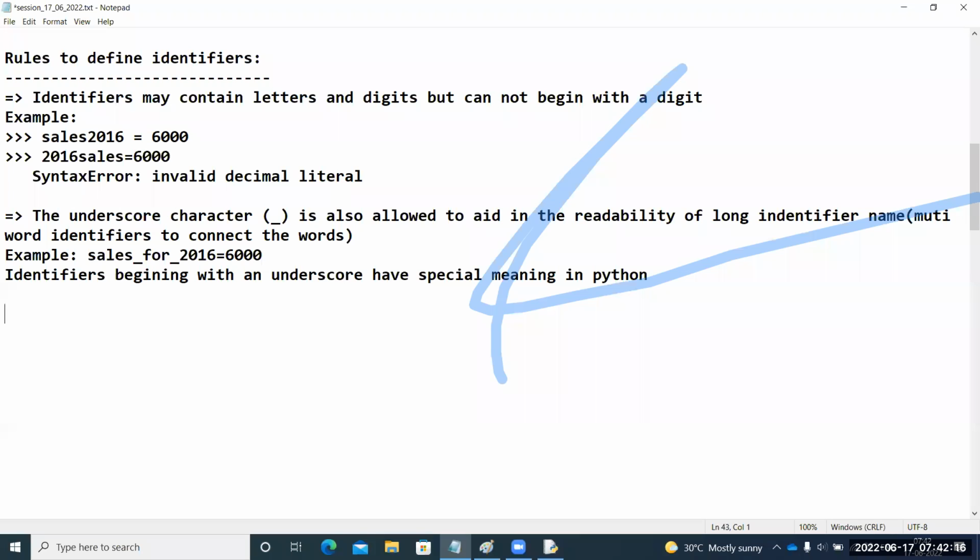First one, a variable that begins with a single underscore is called a protected variable, guys. For example, _x. What is x here? x is a variable, beginning with one single underscore. Any number of underscores you can use. Even an underscore itself is an identifier.